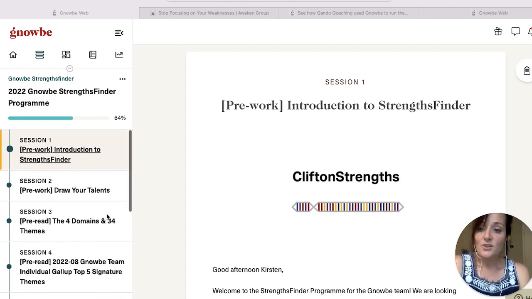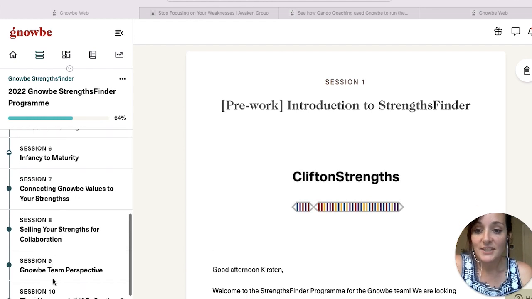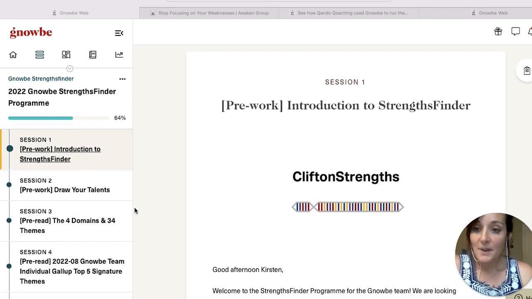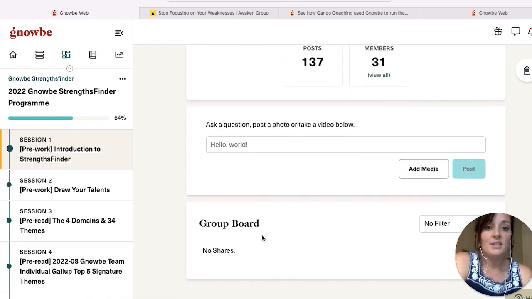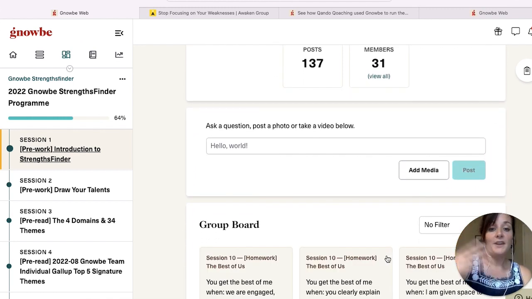You'll see the way they designed it was they had some sessions that all the participants were meant to go through before the actual event. Then they had sessions that they went through during the event, and then they even had a couple that they asked people to do after the event. And the cool thing about this was that before the event started, people started answering questions, introducing themselves, and really getting to know each other before they even showed up together.